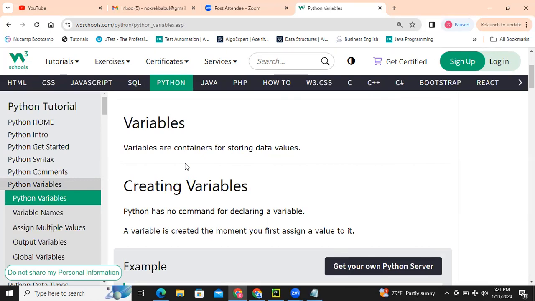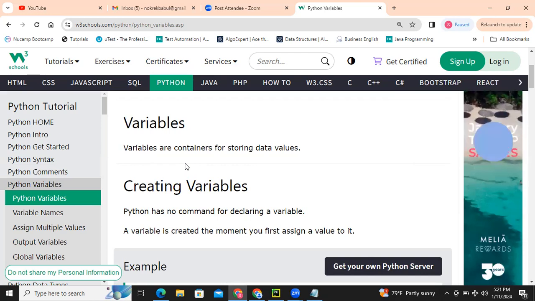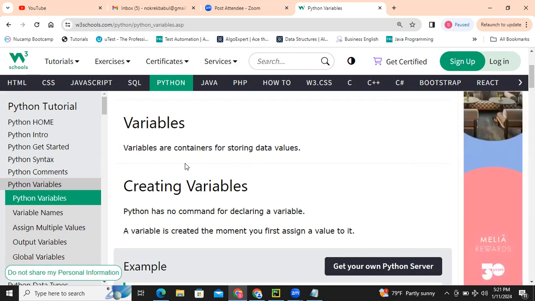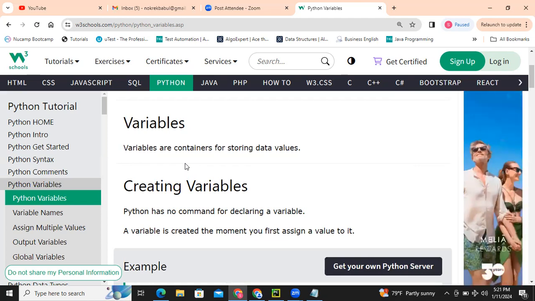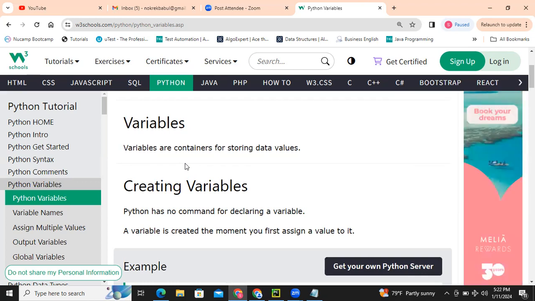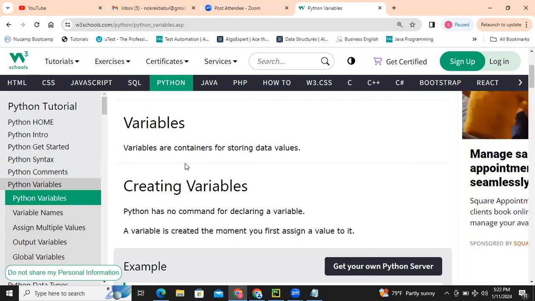Variables are nothing but containers where we can store data and access and use data whenever we need it. So a variable is just like a money bag, where we can put our money, our cards, our ID, and necessary stuff.